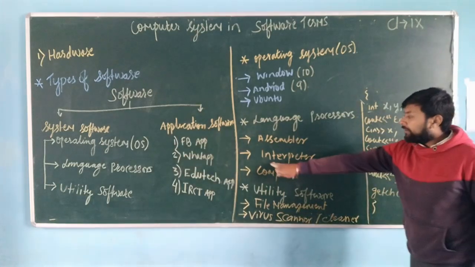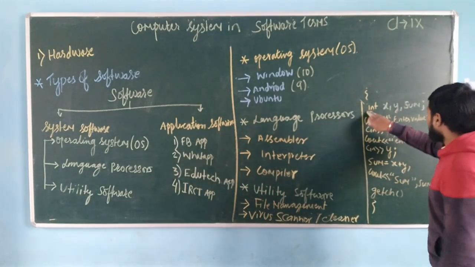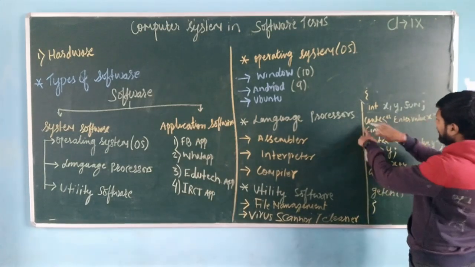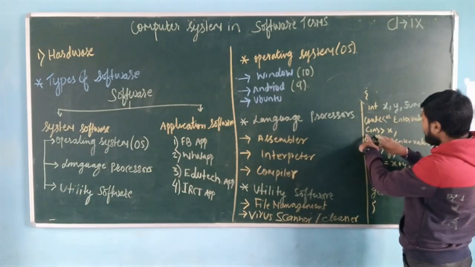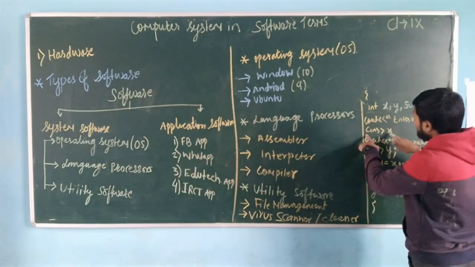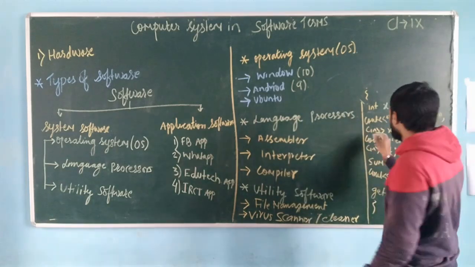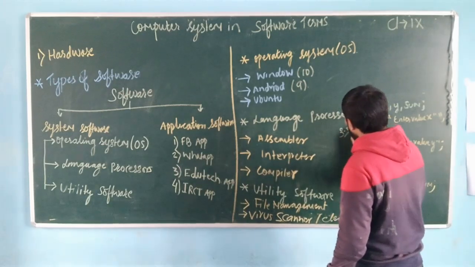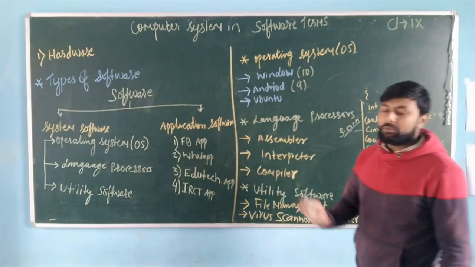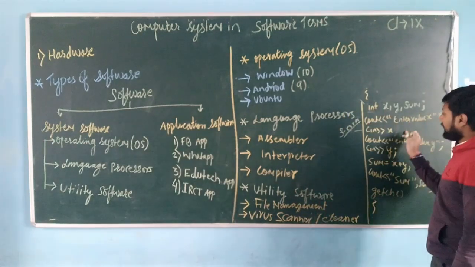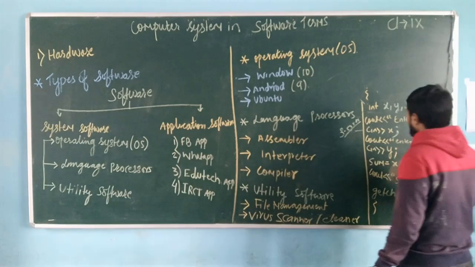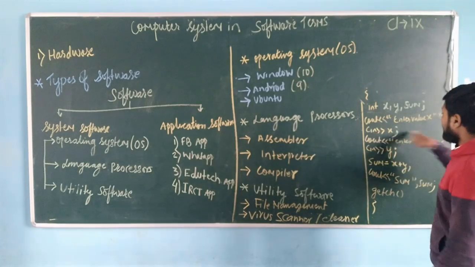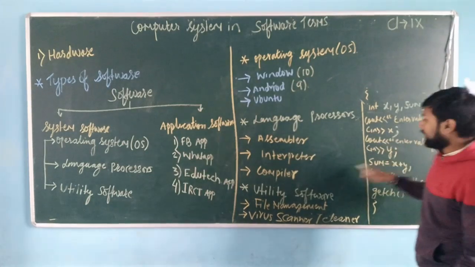So what is the function of the interpreter? The interpreter will first check this line. If this line is okay, then it will come to the next line. If I am missing a semicolon here, it is immediately reflected on my screen and shows me that line number 3 has an error. Only line number 3 has an error. It will indicate that, we have to check it again, and if I am missing a semicolon, then save it and compile it. So the interpreter mainly checks syntax line by line. That is the function of the interpreter.